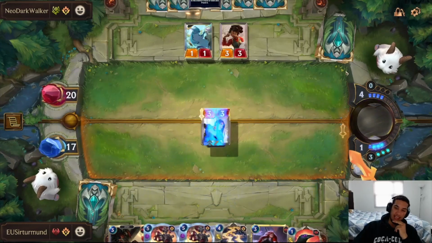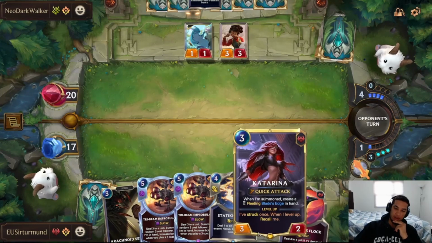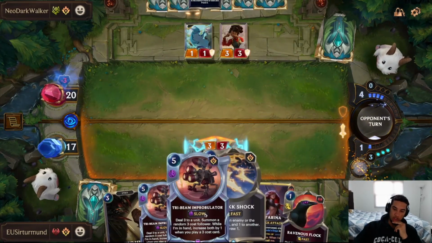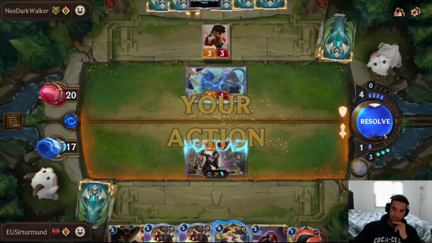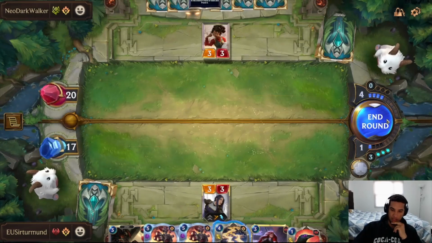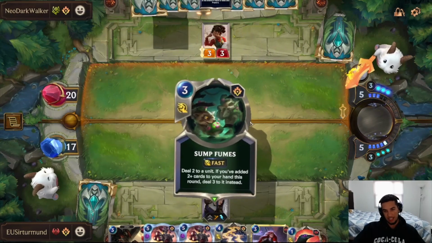No, I think it has to be Caitlyn again. Katarina can be really good at giving us the Death Blaze Edge in another turn for us to be able to kill one of his units. Yep, and we can just do this. We get the value here, so now we get the flash bombs on the deck, which work out pretty well for us. This is up to 3 now. Katarina and Sentry will put it up to...